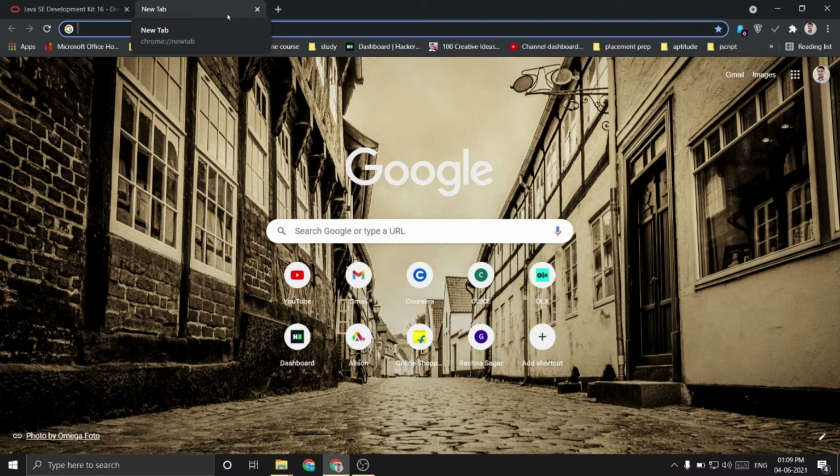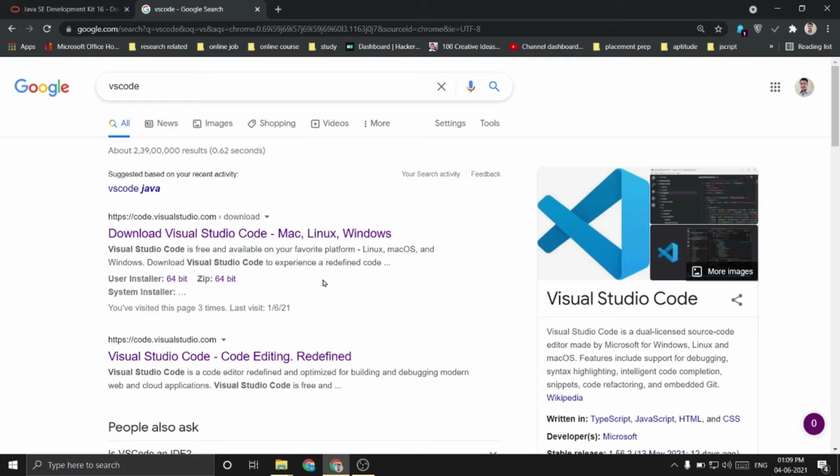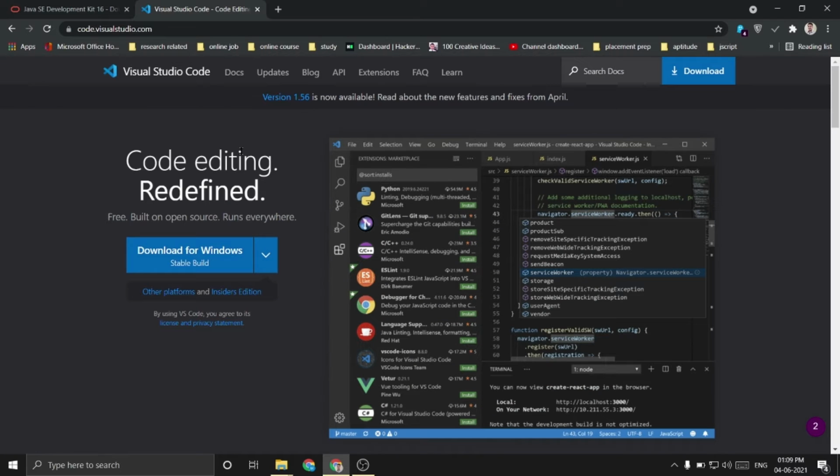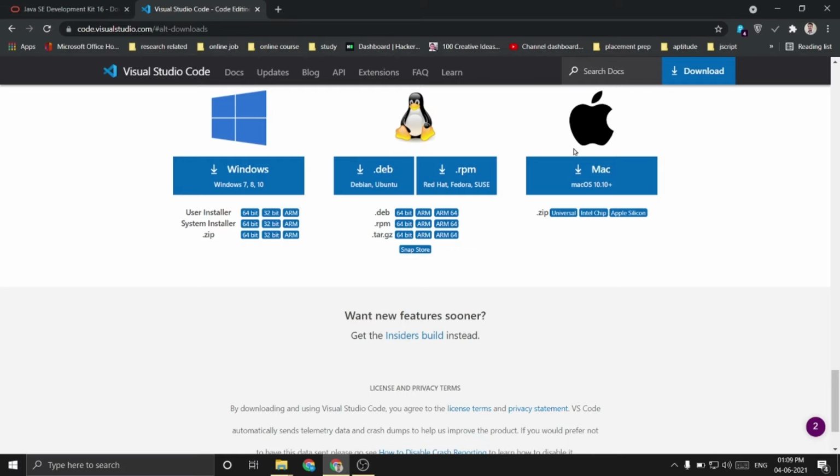Otherwise you can prefer VS Code. This is a wonderful code editor which provides you so many extensions. We will come here and download it for Windows, or it is also available for other platforms. If you are from Linux, download from here. If Mac, then here. If you're a Windows user like me, download it from here. If you're using 64-bit, download 64-bit, otherwise if you're using 32-bit, download 32-bit.